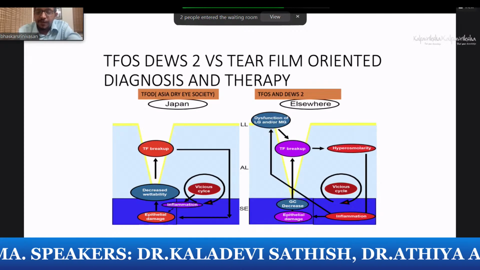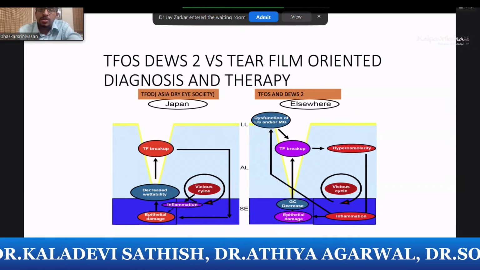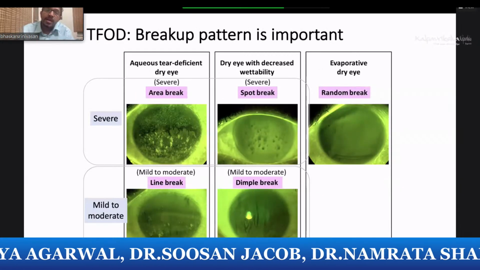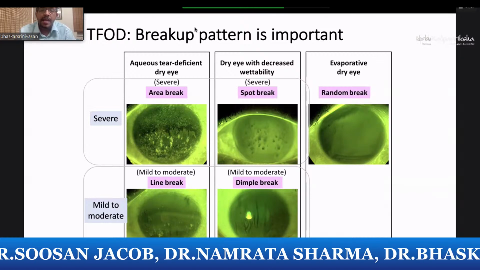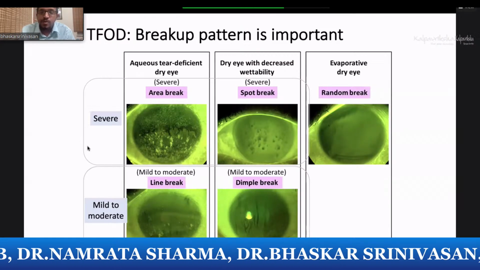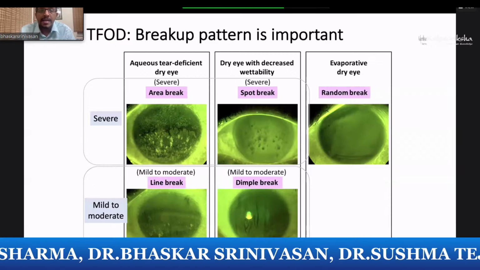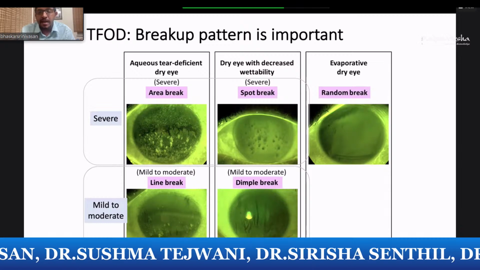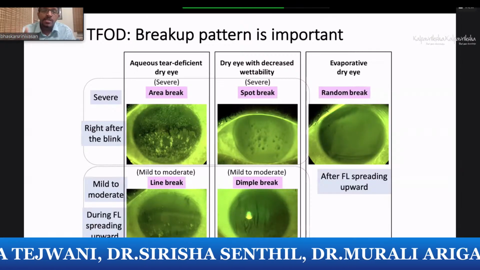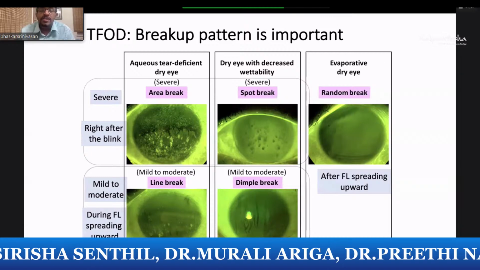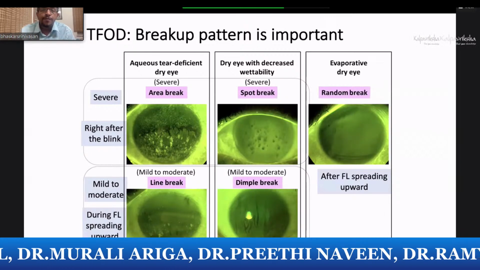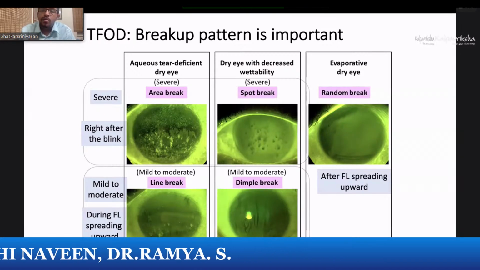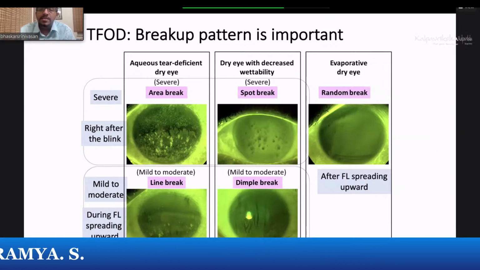But the difficulty is it also deals with patterns of tear breakup, which you need to keep seeing to understand better. So it has divided dry eye disease into aqueous tear deficiency, evaporative dry eye, or decreased wettability, and it gives you different staining patterns for how an ATD looks when it is severe and when it is mild, and how decreased wettability looks when it is severe and mild. What is important is to look at the staining or the pattern of breakup a few seconds after the blink. If you're looking at, say, an evaporative dry eye, you need to first wait for the tear film to form and then see the tear breakup spots.